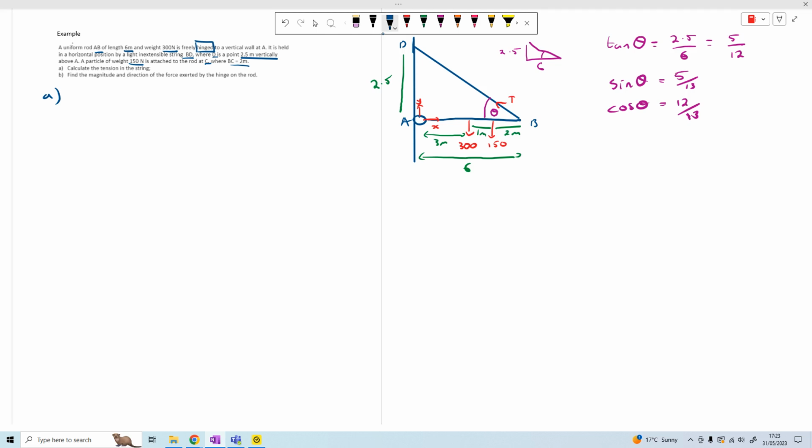Okay, now if I resolve vertically or if I resolve horizontally, it's going to include an X and a Y, which I don't want to do. So I need to try and get rid of them here. So I need to think about how I can. Okay, and the way I can is I can take moments. Okay, so I'm going to do moments,